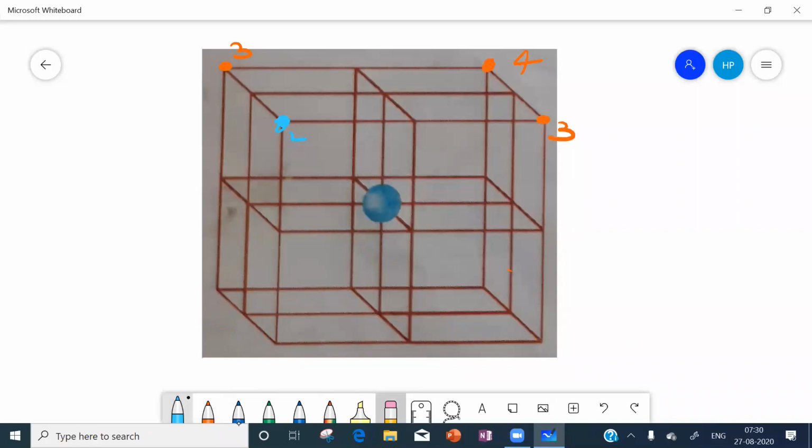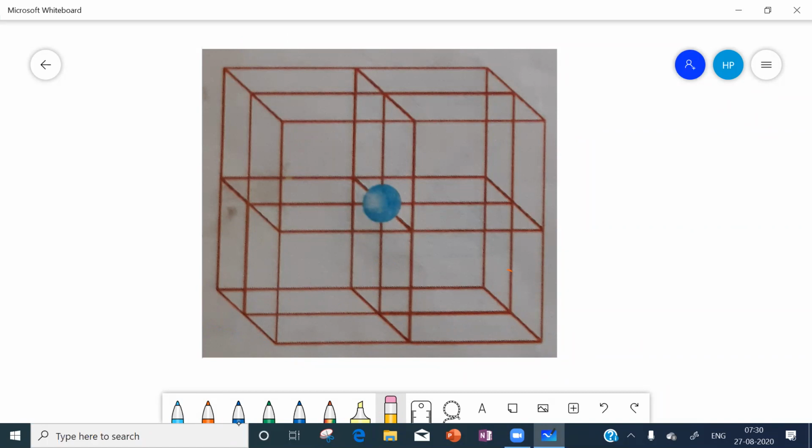Now we will take the octahedron. We want to know the possibility of an octahedron in FCC. In FCC, an octahedron is possible, so we can say octahedral void.